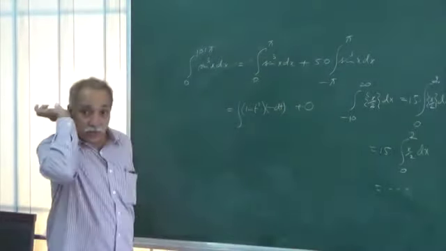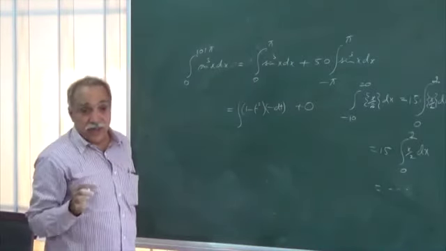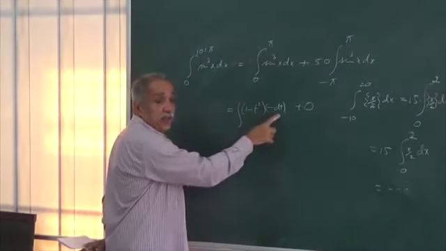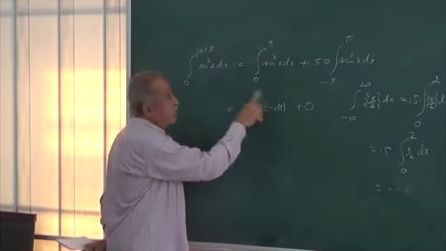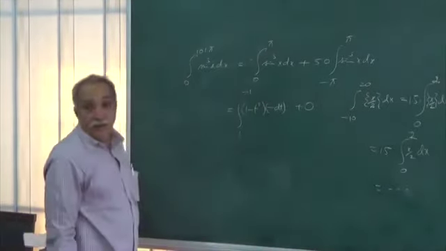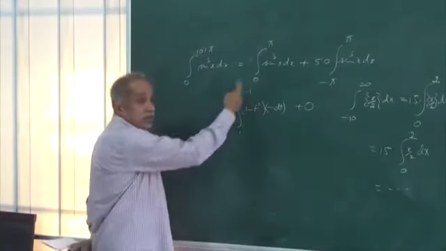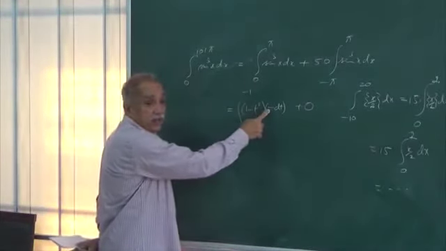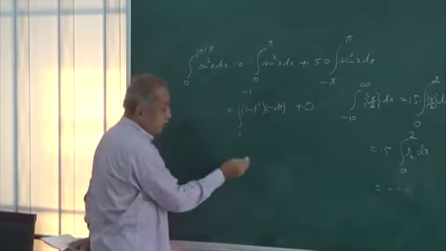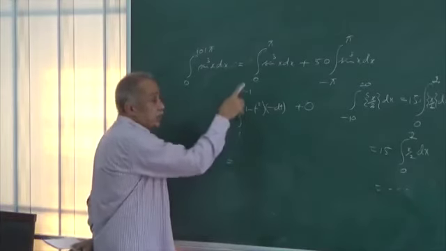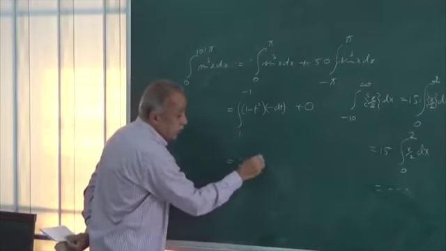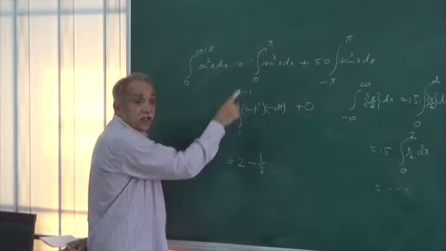I am writing it as cos square x into 1 minus cos square x into sin x, using the substitution cos x equal to t. So it becomes 1 minus t square into minus dt. New limits, cos 0, cos pi. Interchange the limits, get rid of this negative sign. The integral becomes minus 1 to 1, 1 minus t square dt. Integral t from minus 1 to 1 is 2, minus t cube by 3 between minus 1 and 1 is